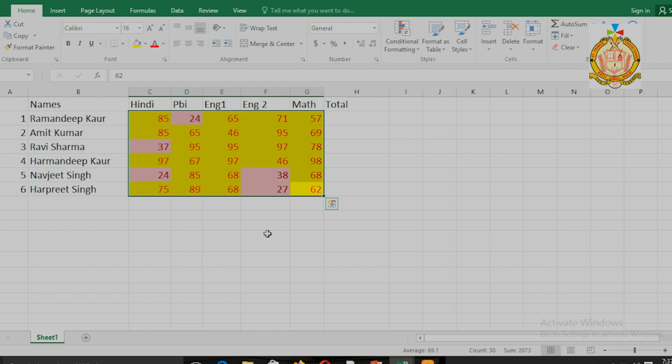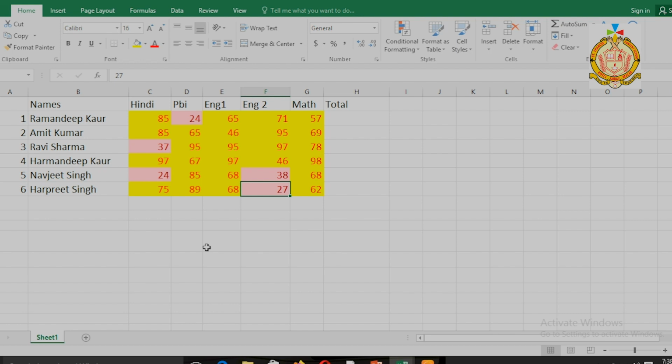If we have less than 40, the results will be in front of us: 37, 24, 24, 38, 27. These numbers are less than 40.